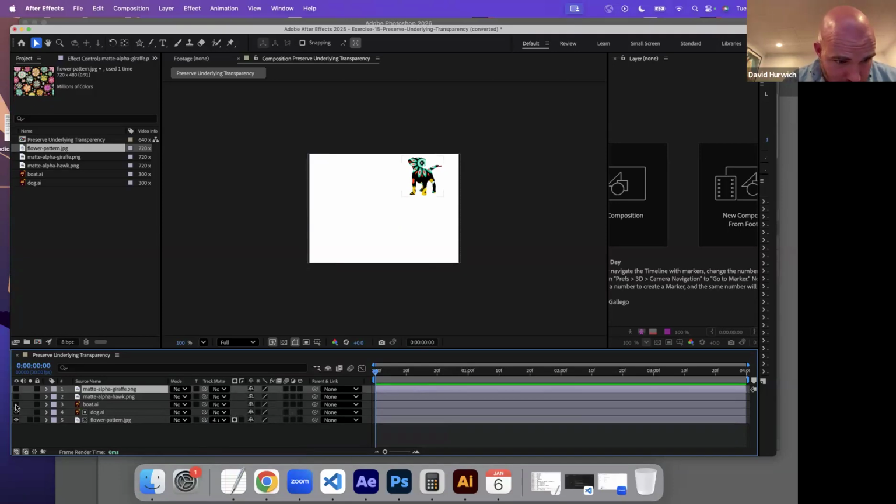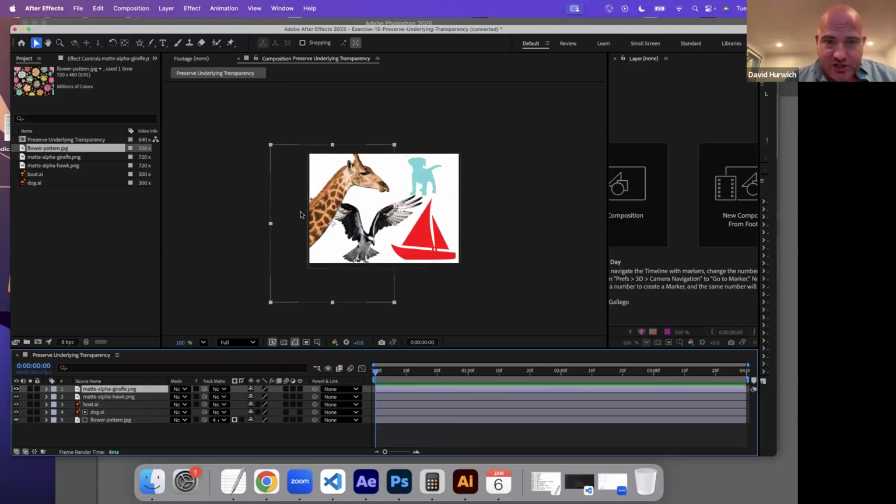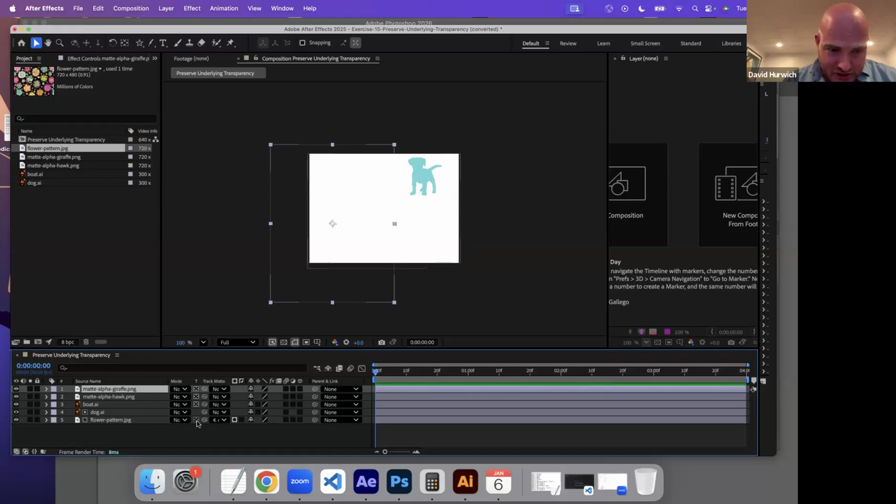So what if I wanted to use all four of these? Now I could take them to something like Photoshop and maybe make it all into one image, but there's actually this thing called preserving underlying transparency. And so what I can actually do here,